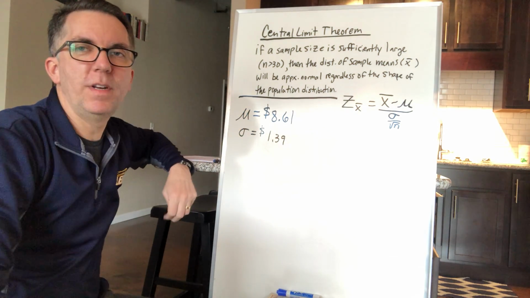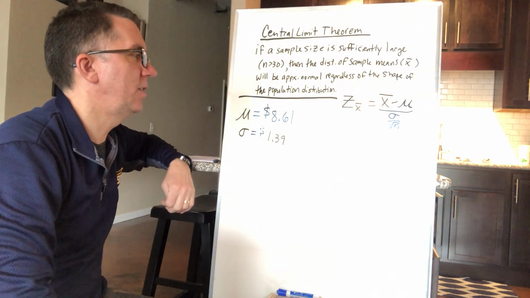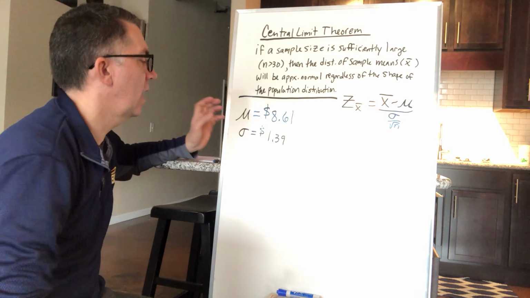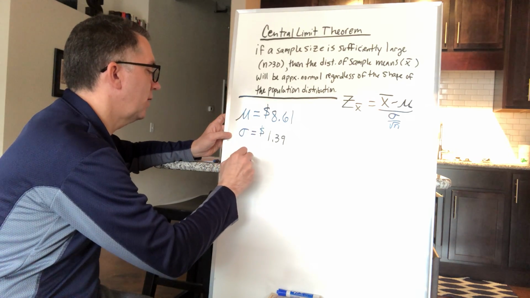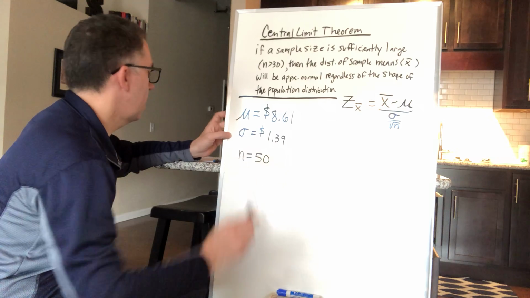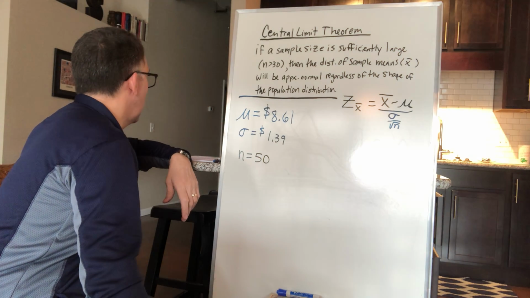We do not know what the distribution of ticket prices is. We don't know if it's normal or not, okay? But we took samples of size 50, okay? So the question now is,